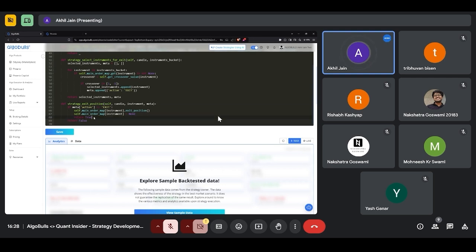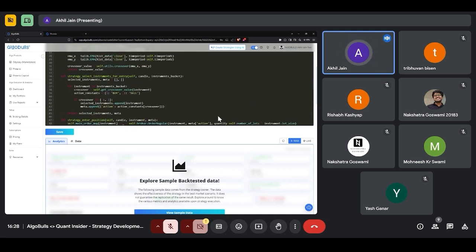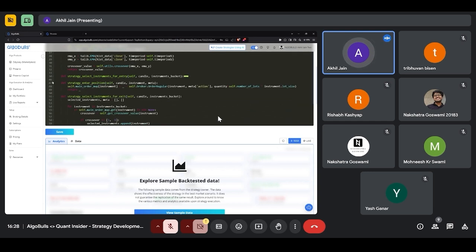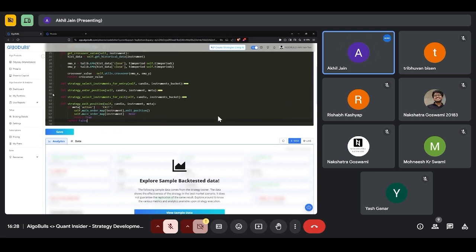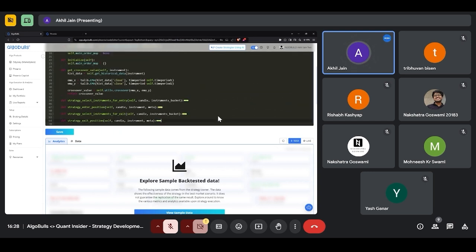When I say true, I'm telling the engine this instrument is done from my end. And when I say false, I'm telling the engine retain the instrument at your end because more exits are going to come. So that is the implementation of exit. So these are the four methods which we use for entering and exiting.